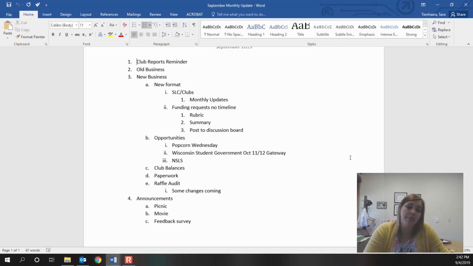The criteria to be in NSLS is a 2.5 cumulative GPA and completion of at least 6 college credits. So if you meet that group, you might have gotten an email from the organization, or you will soon. And it's a rolling enrollment. So over the course of the next term, again, we will assess 2.5 and 6 credits, and then we'll start to send those out again.